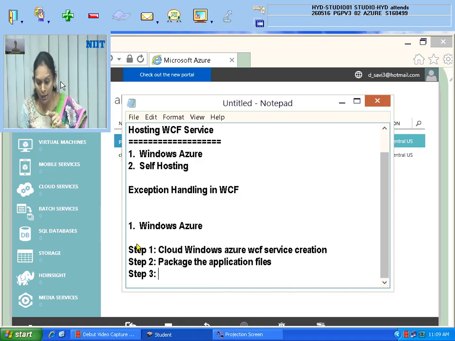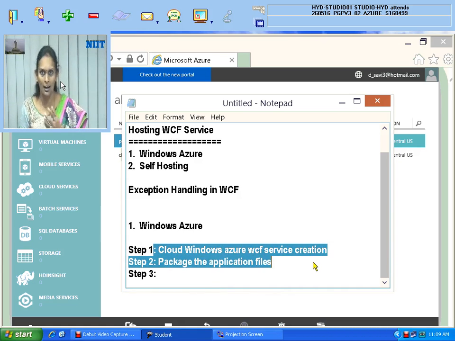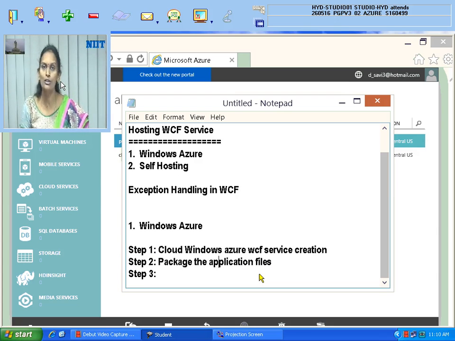What you have to do, you have to create your cloud WCF service, and then that service you need to package so that two package files will be created for you. These package files are now attached into your Windows Azure. Reverse. Previously you used to download from Azure and attach to your application. Now in your application you will create the package. You package all the service files so that 2 different files will be created automatically. Not in Windows Azure, in the normal Visual Studio place.